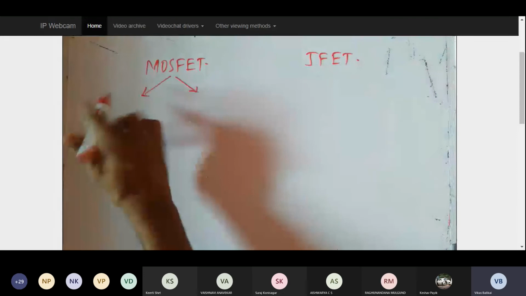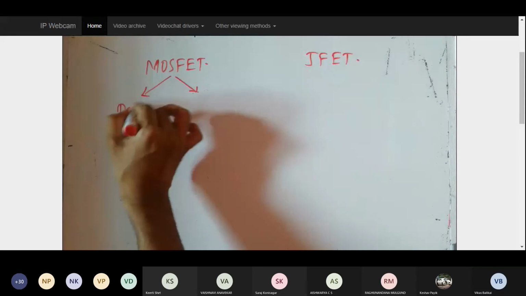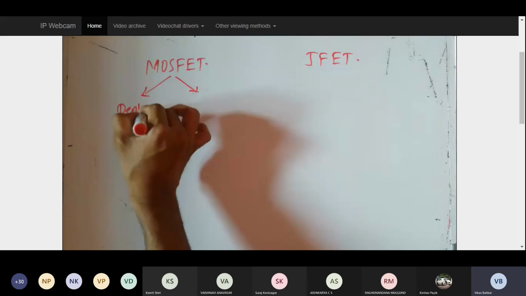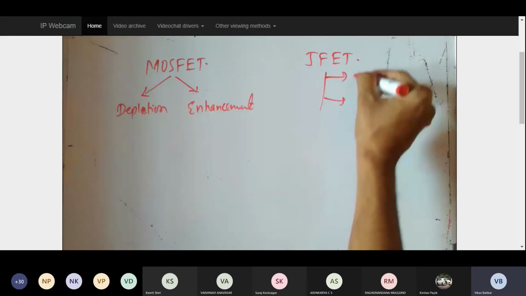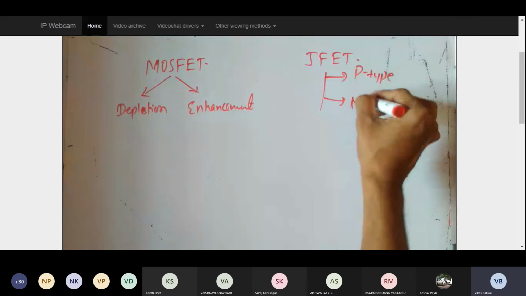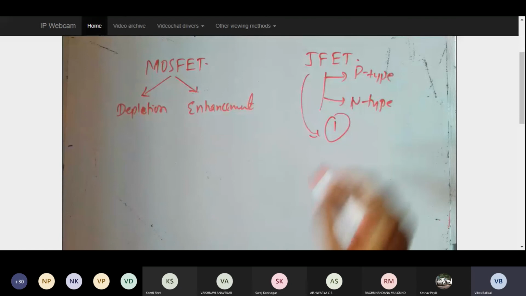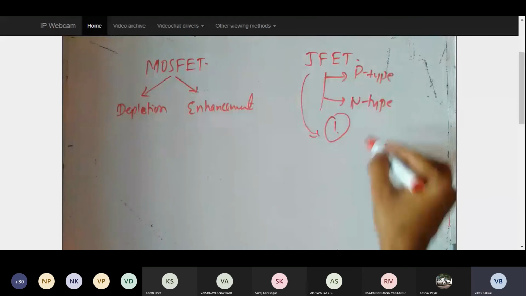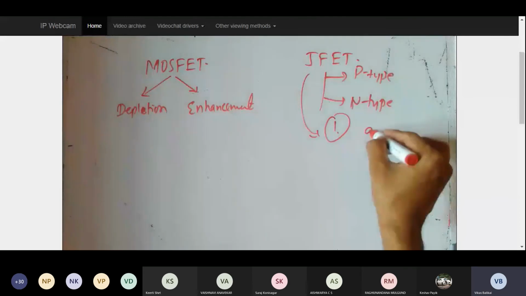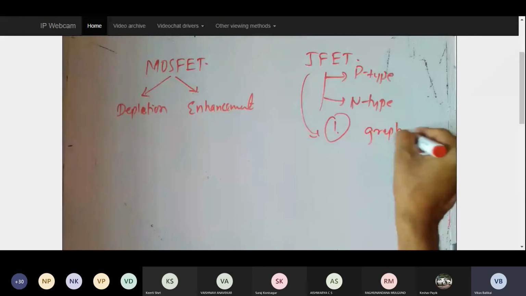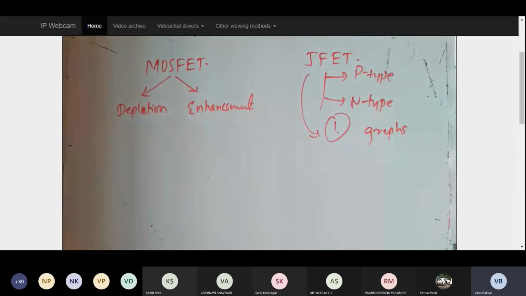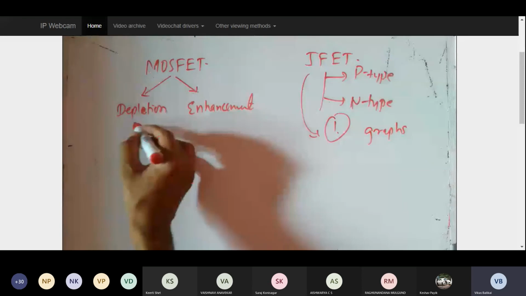In a MOSFET, both depletion and enhancement came up. Here there will be only two types, P type and N type, or P channel and N channel. So in JFET, if I understand just one concept, I can replicate the same concept for P type channel and N type channel. So in JFET only one concept is sufficient, along with graphs. And when I talk about concepts, it includes graphs also. I will not ignore the graph, I have to draw the graph. Enhancement and depletion are two more concepts. So this is my second concept and this is my third concept.